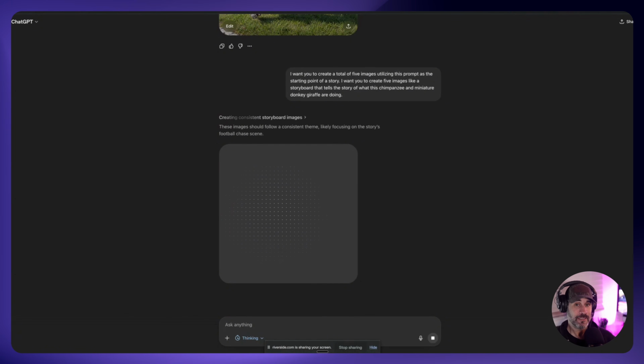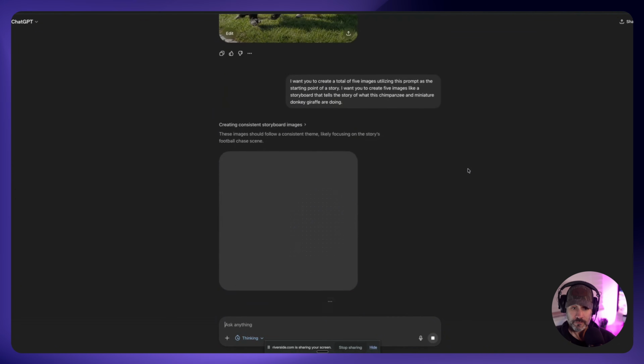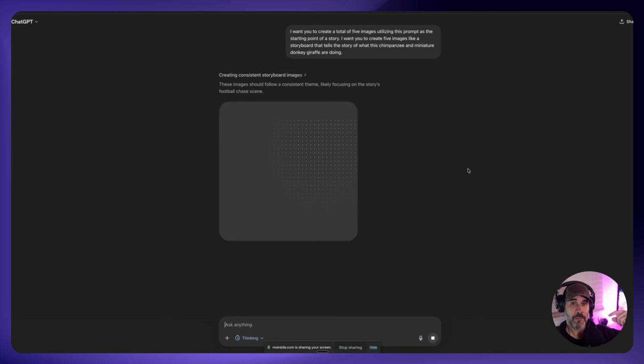Now, in my testing, I found that sometimes it'll take that initial image, which we have here, where it shows the chimpanzee holding the football and all that kind of stuff, and sometimes it will place that image maybe third down, because that's not the starting image. That's just one of the images in the actual sequence of a story. So it's actually thinking about how to lay this out as well, which I thought was pretty cool. Hopefully it does that again here in this demo, but you'll find that's what it's able to do.